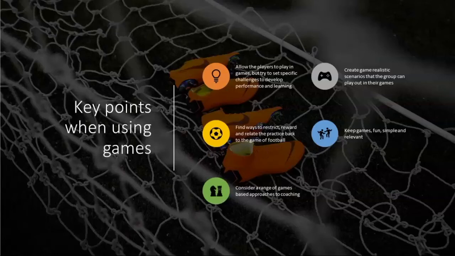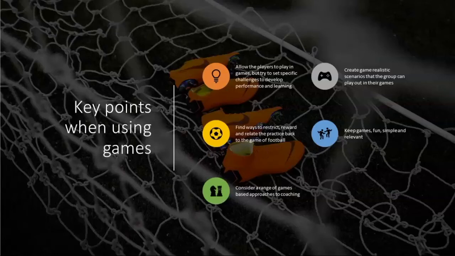Rewards, so that could be, right, if we pass the ball 5 times and then score a goal, that counts as 5 goals. Or if you as an individual can dribble past 3 players and make a successful pass, then you score 3 individual points, whatever it might be. So rather than stopping people from doing things, you're encouraging and rewarding an individual, a unit, or the whole team to play in a certain way. And again, you can get creative with that and design your rewards around what you are trying to help players get better at tonight.